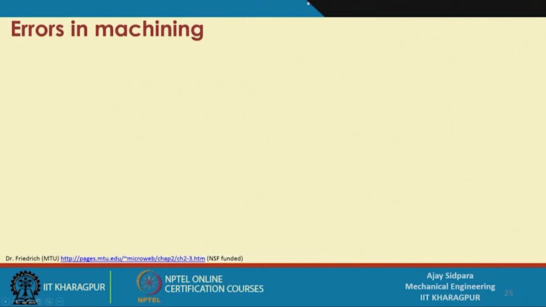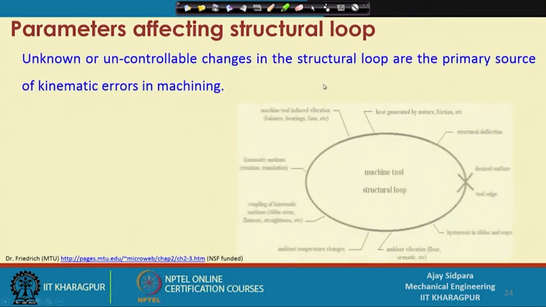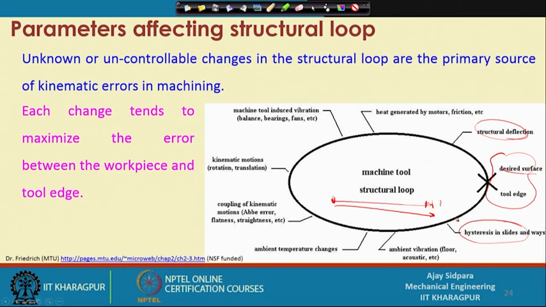these are the issues which will be covered during the machining operation. Vibrations are one thing, then heat generation, then the structural deformation, and these are the two locations which keep this loop closed. Hysteresis in the slide and reverse way: if you are moving in one direction and reach this location, and then give the same distance of travel back to the original location, you will not reach that location. It may be somewhere shorter than that,